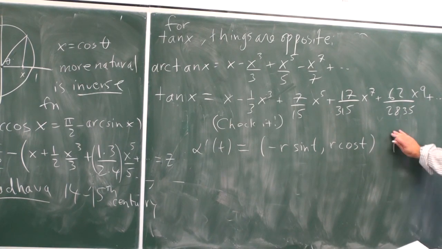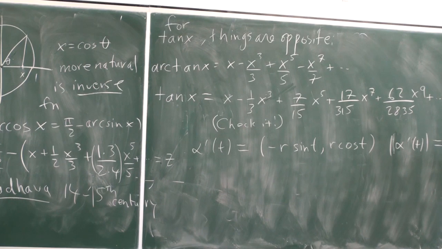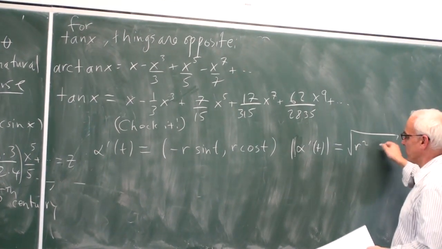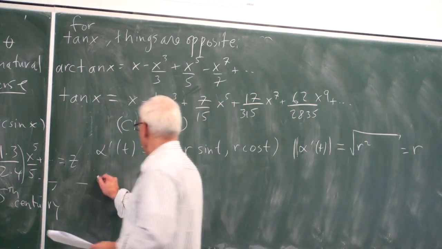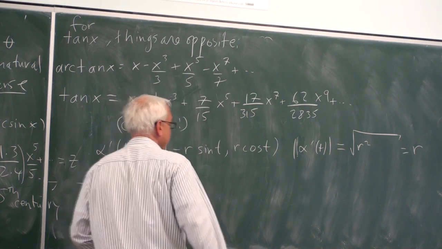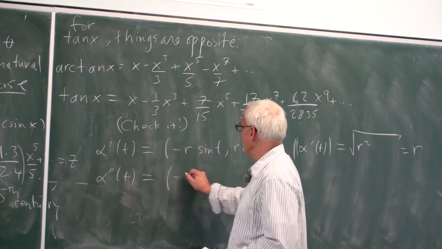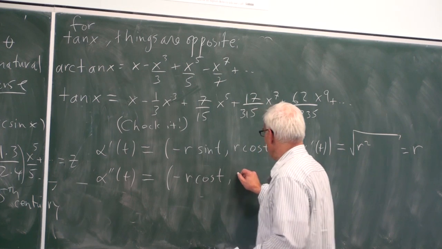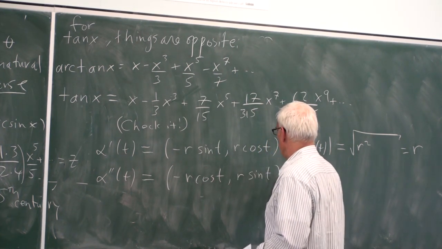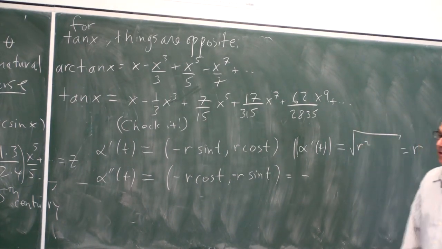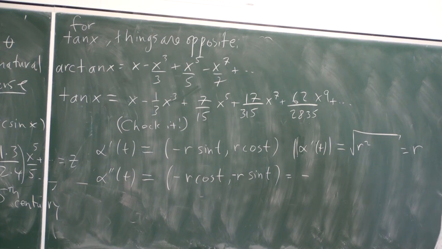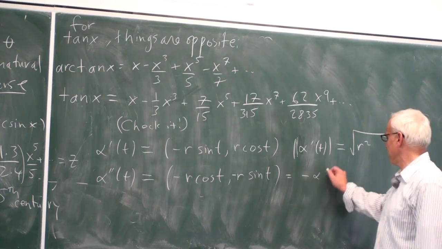And so the speed, the absolute value of alpha prime of t, is the square root of r squared sine squared plus r squared cos squared, so it's just r. And the acceleration is another derivative. We get minus r cosine t, minus r sine t, which we recognize as being minus the original alpha of t,